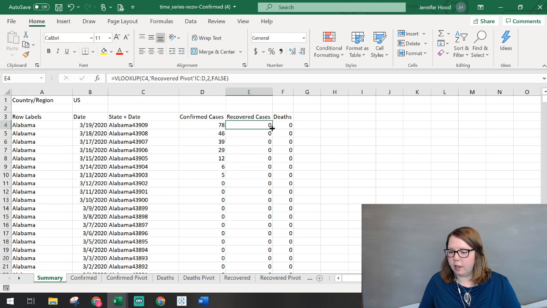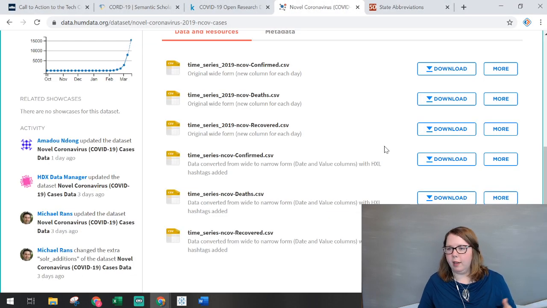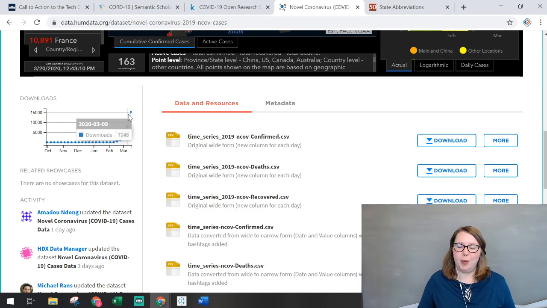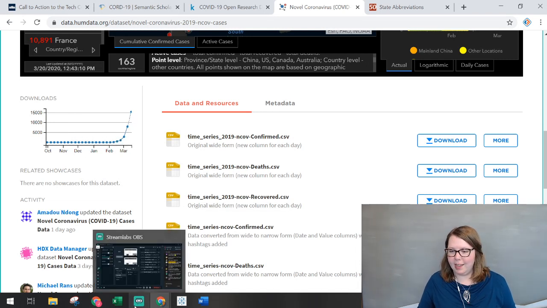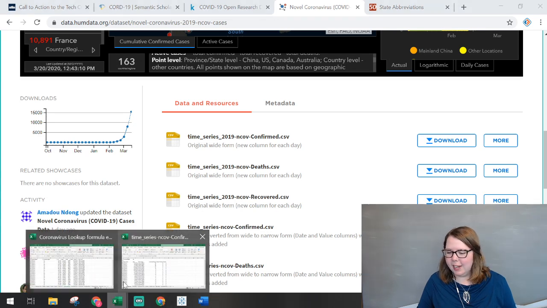And now we've got something that we can easily update. We can pull that same extract that we did from the Johns Hopkins website, and we can pull it tomorrow. It updates universal time every night at midnight. And then you can see what's happening. You can see here they track the number of downloads. A lot of people are using this. It's been growing every day. Maybe faster than the number of cases we've gotten. Maybe not. It's good to see that people are looking at it.